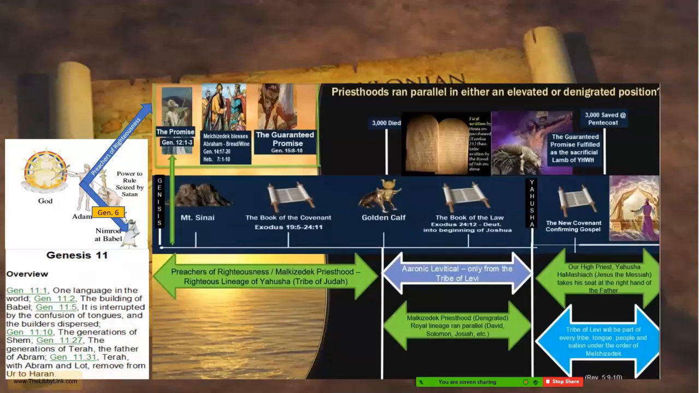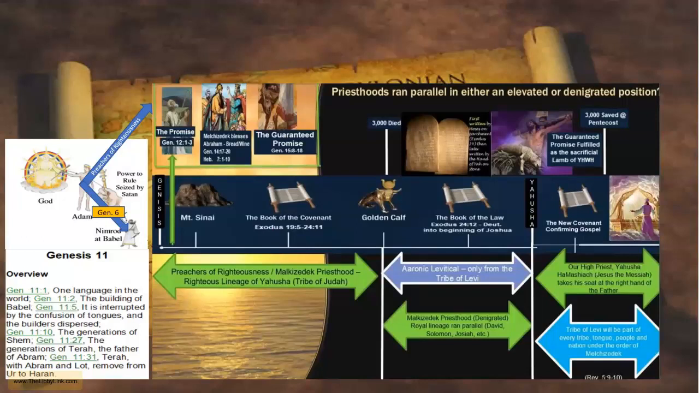That's recorded in Genesis 11. So Nimrod started wanting to build this one world government, one world language, the building of Babel, and it is interrupted by the confusion of tongues, and the builders disperse. Then we start seeing the generations of Shem, the generations of Terah, the family of Abram, who later is named Abraham,